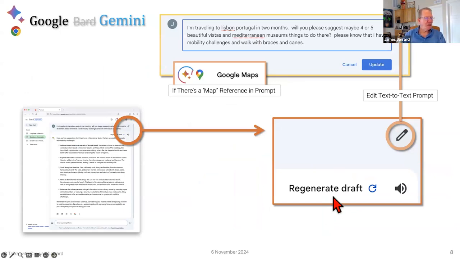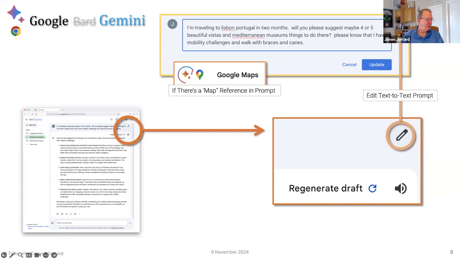This has changed a little bit. Again, you're going to see something like this, and you're going to be able to regenerate. So here's the prompt up here. I say regenerate, I change it, edit it, and it does it again.